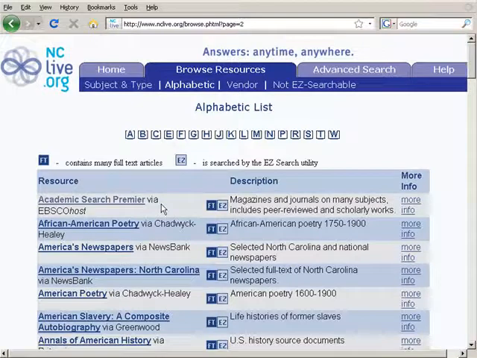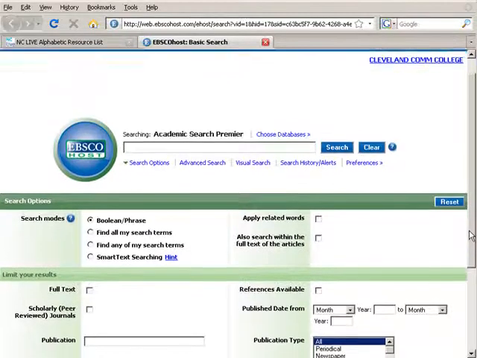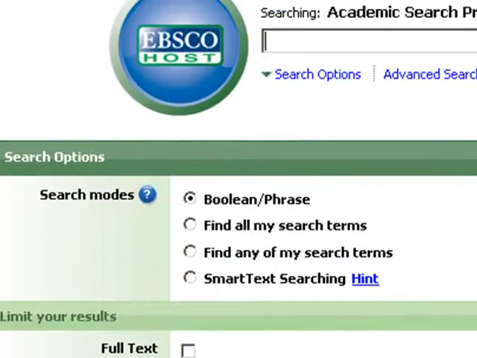Now let's take a look at Academic Search Premier, one of the most popular databases in NC Live. Before we search, let's examine the search screen for the various features that this database provides. The first screen you see is the basic search screen, with all the basic search options below the search box. There are various search modes to choose from. The default is a Boolean phrase search, but you can also choose to perform a search for all your search terms, any of your search terms, or a smart text search, which will allow you to search for a large amount of text. You can choose to search for related words and to search within the full text of the